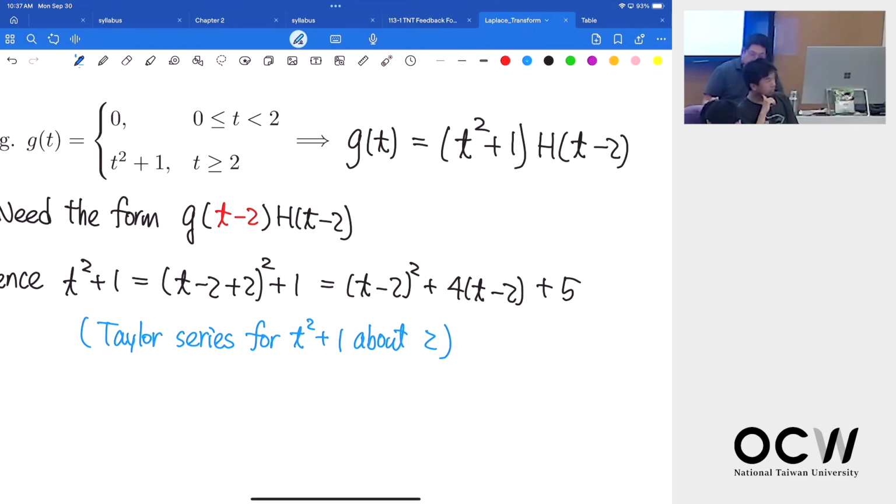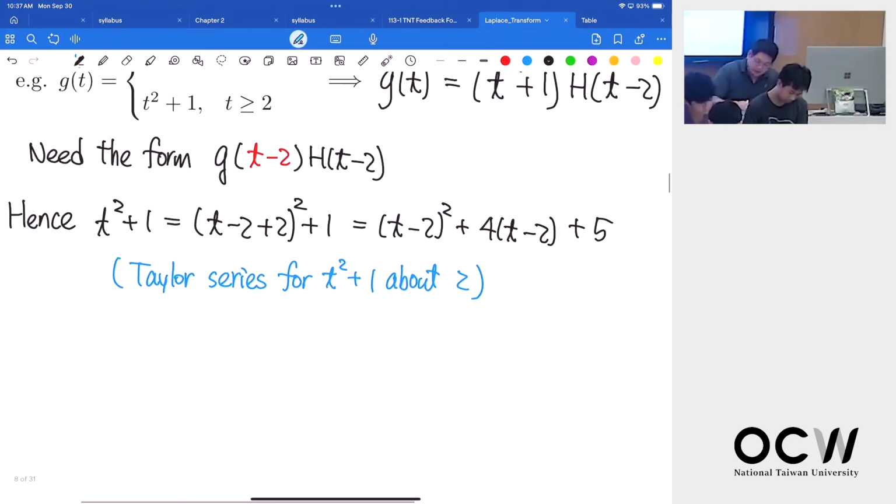Next week we're going to talk about the series solution, and we'll also mention this Taylor series. But here the idea is that I want to rewrite t squared plus 1 in terms of the t minus 2 term. In this case, my g function becomes